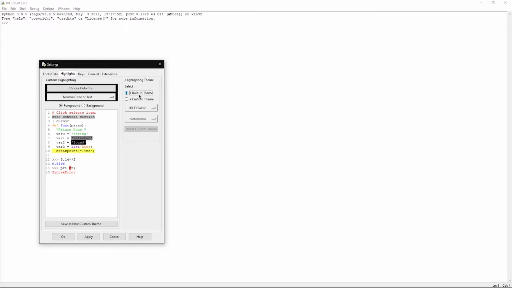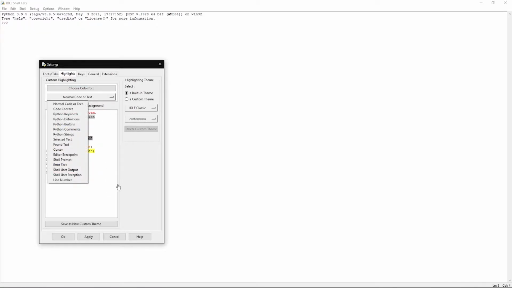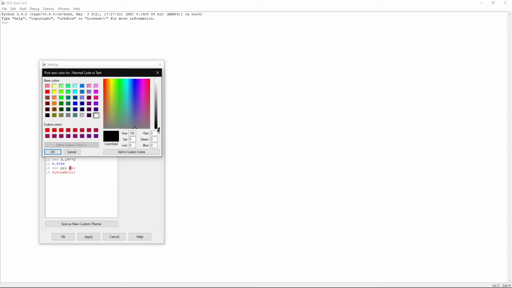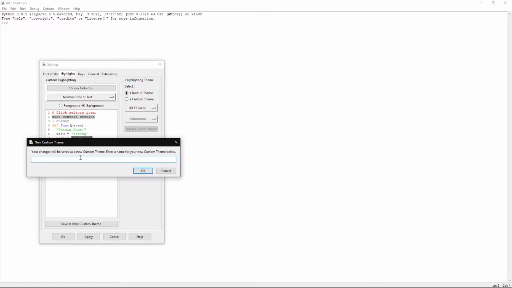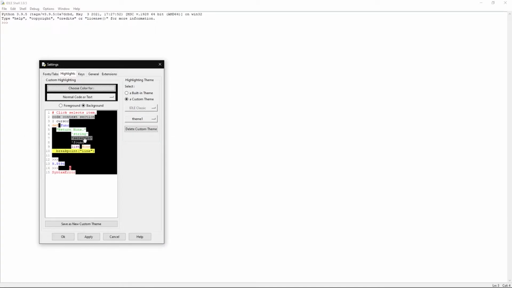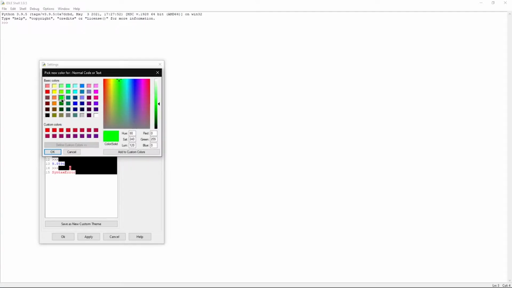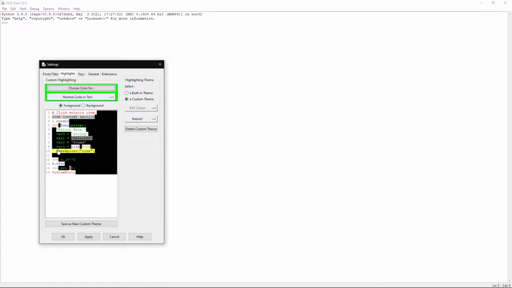So we can create a custom theme. For making the custom theme, you select a background and select the normal text color. Choose color 4, click black, give your theme a name, whatever, I am giving Theme 1, and click OK. You can see your black background changed. By clicking here you can change all of these colors. I am selecting the normal code text and making it green, because I like the hacker style of typing.